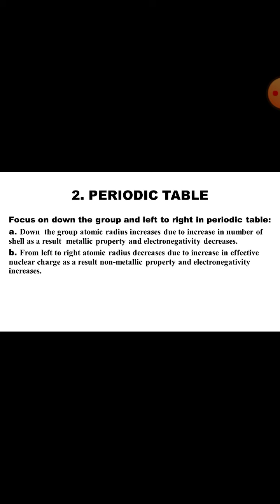Just like, we are taking the example of sodium and chlorine. If anyone asks you, out of sodium and chlorine, which is more electronegative, just arrange sodium and chlorine. They belong to the third period, and sodium comes to the most left side and chlorine comes to the right side. So from left to right, what happens? Atomic radius decreases.